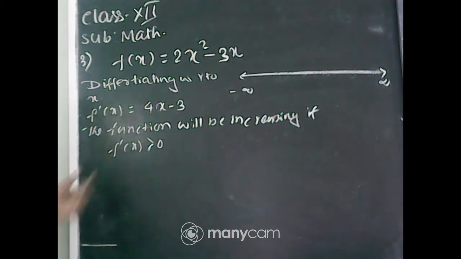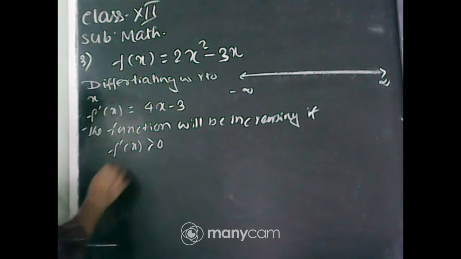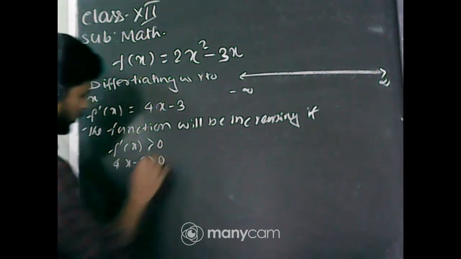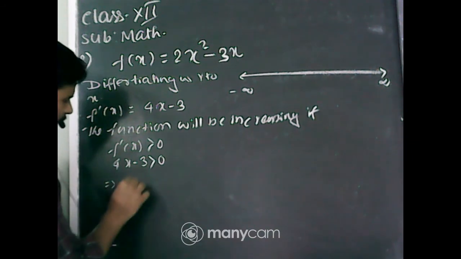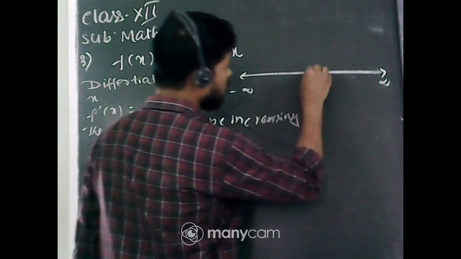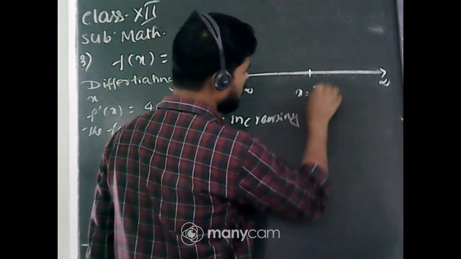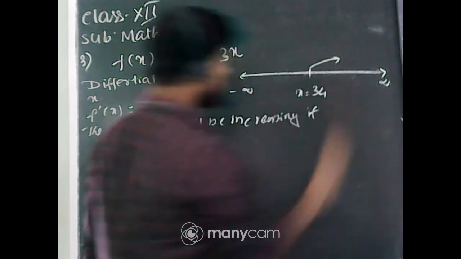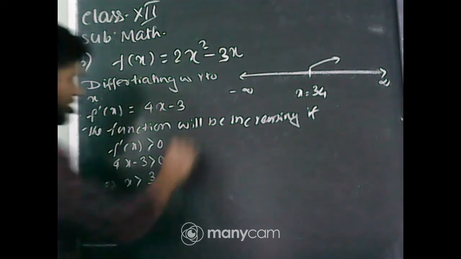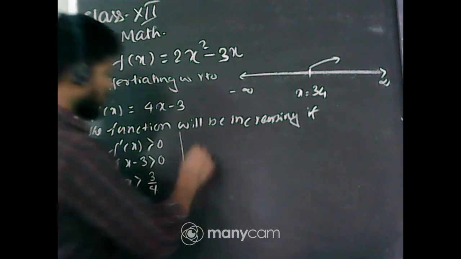Strictly increasing if f dot x is greater than 0. That means 4x minus 3 is greater than 0, which means x is greater than 3 by 4. Means for x greater than 3 by 4, the function is strictly increasing, and the function will be strictly decreasing if